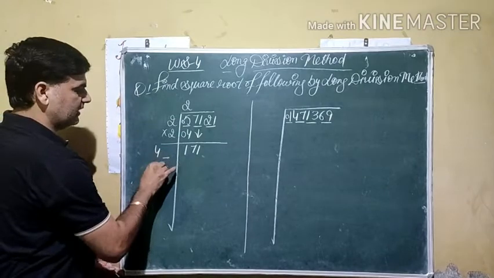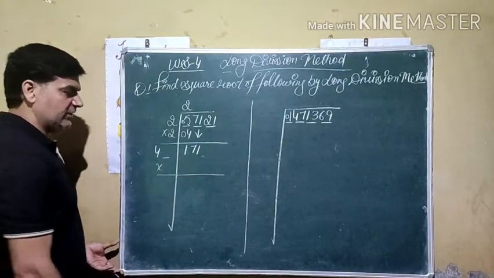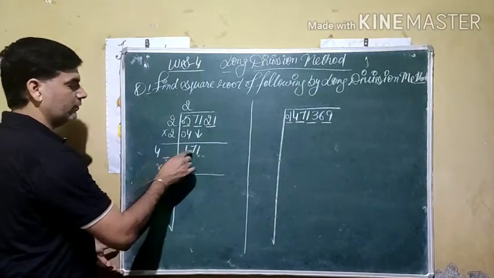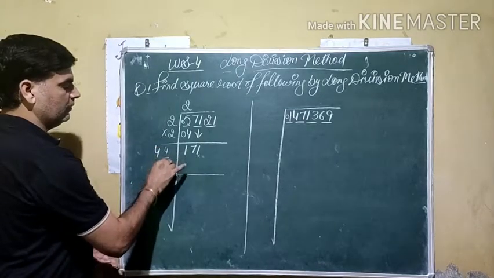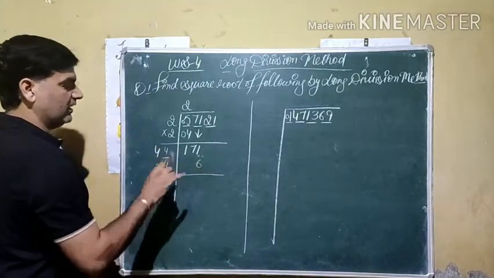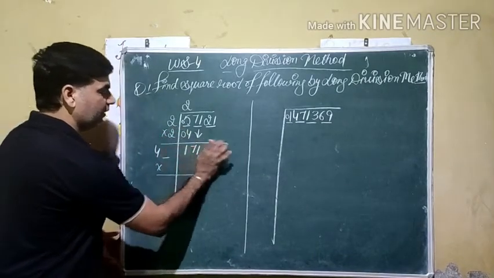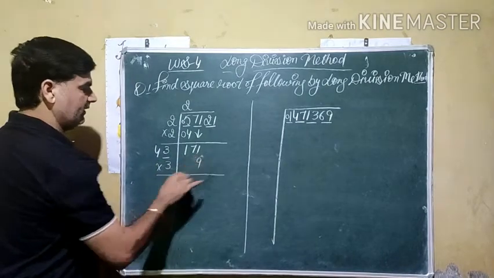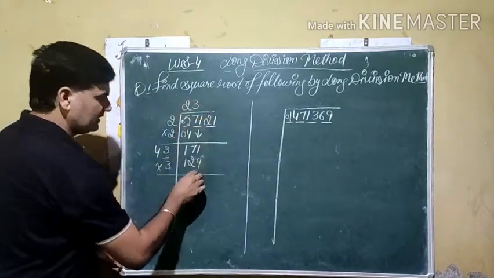We put a digit, multiply same digit, may be equal to 171 after multiplication. If we drop this digit, 1 is dropped. In the table of 4, we try 4. 4 4s are 16. If we put here 4, we get 16, 1 carry. It is the bigger one. So we try here 3, 4, 8. If we use here 3, 3 3s are 9, 3 4s are 12. We use here 3.